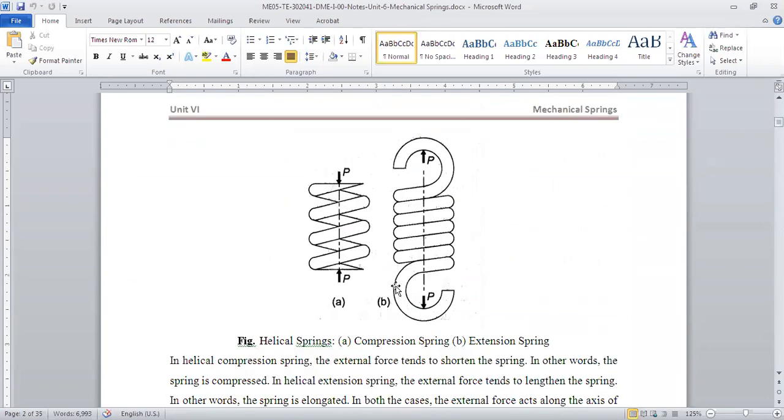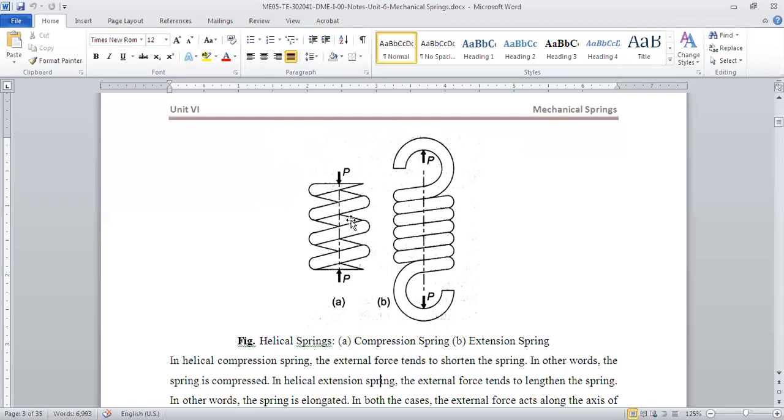Now we are talking about helical springs. If we have a tensile or compressive load, the stresses in the coil are not tensile or compressive, they are torsional stresses. Can you try to think why that is the case? Just imagine the load acting on the spring, right? When the load is acting on the spring, it is not getting compressed. If you consider the whole coil axially, the coil is not getting reduced or increased in length, right?